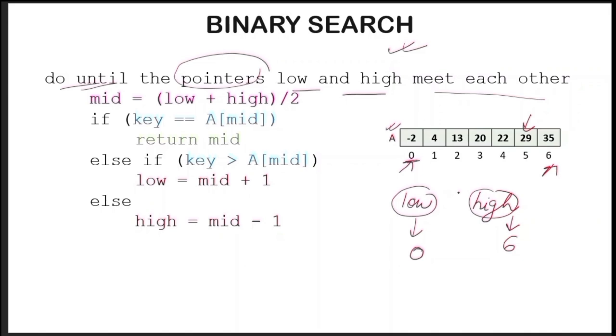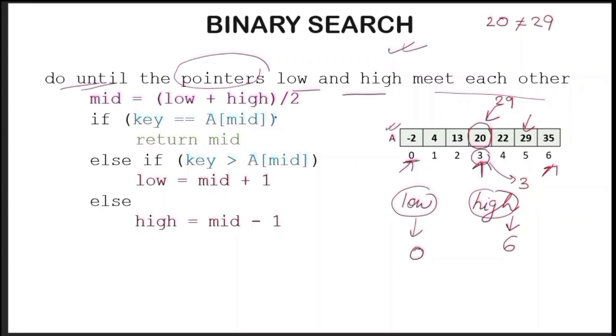First it will find the mid pointer, the middle value of this array. The middle value of this array is 20 and the middle index is 3. So 29 is first going to be compared with this 20. If it is equal, then it will return the value 3. If it is not equal, that is, if the mid value is not equal to the key value,